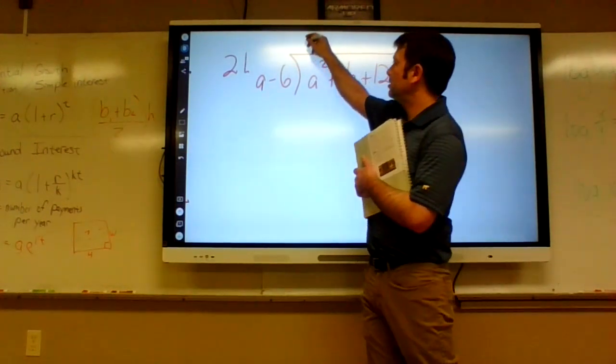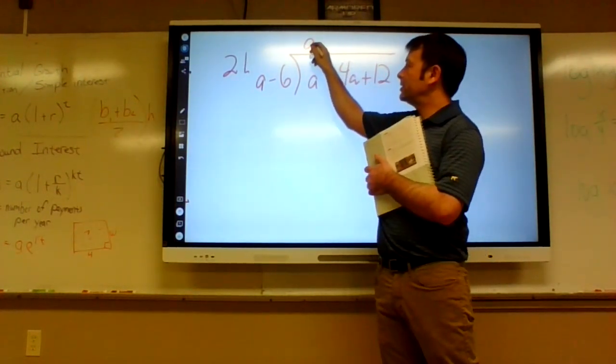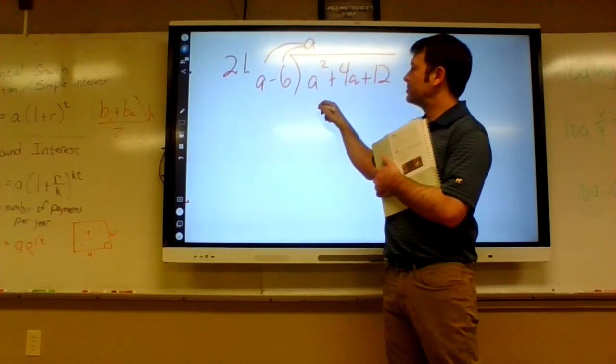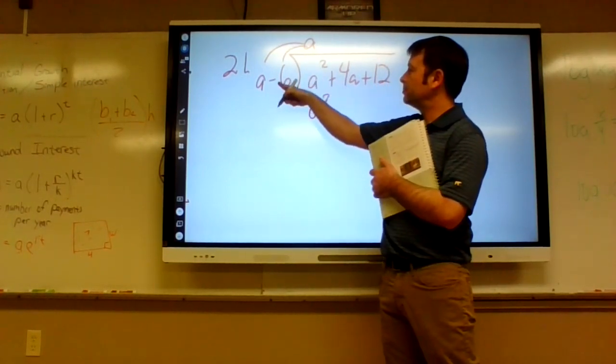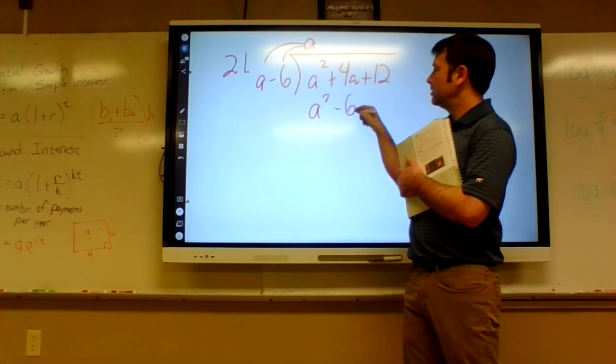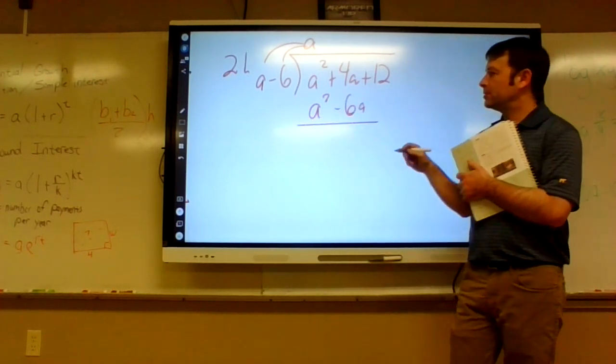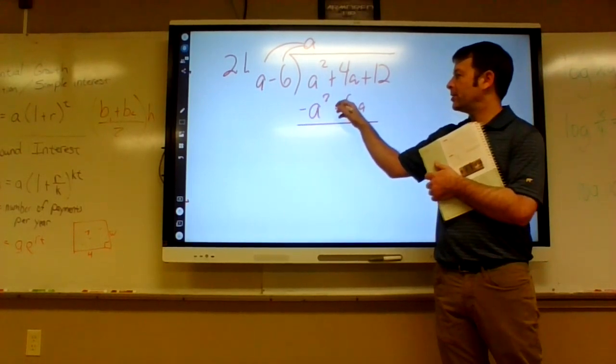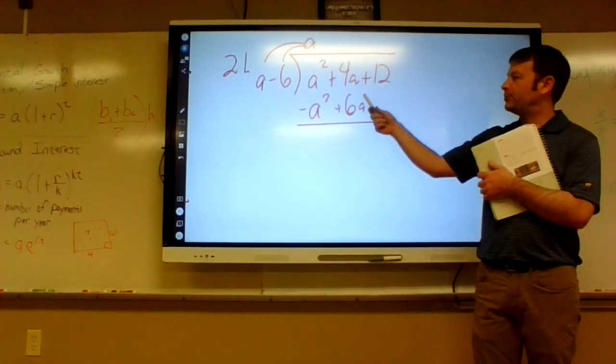A. Then I multiplied it, right, so a squared minus 6a, right? Then what did I do? Subtract, which would make that a plus. 4a plus 6a,